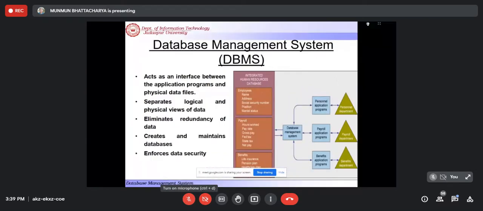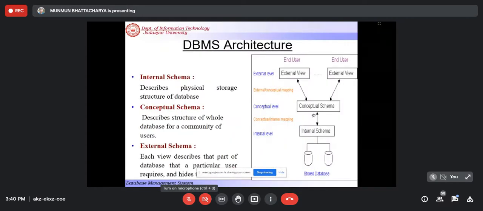So what does the DBMS actually do? It acts as an interface between the application programs and the physical data files. It separates the logical and physical views of the data, which I will discuss later. Redundancy we can eliminate, as already told, and for data security, no one other than the authorized user can access your data. Only those whom you permit will get the permission. Okay, now